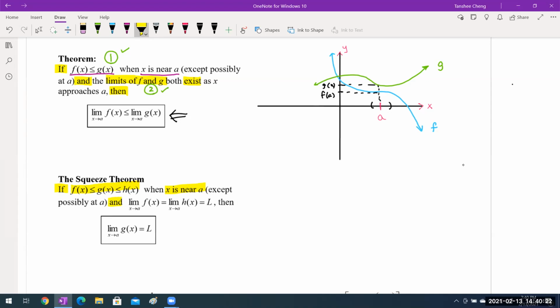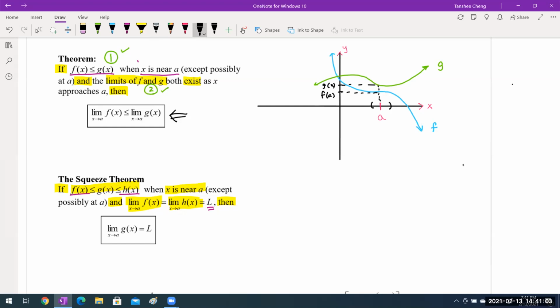Then the limit of the f functions, which is the lower bound functions, and the limit of the h functions, which is the upper bound functions right here, right? If their limits are equal, then here's the conclusion. We can say that the limit as x approaches a of the g function